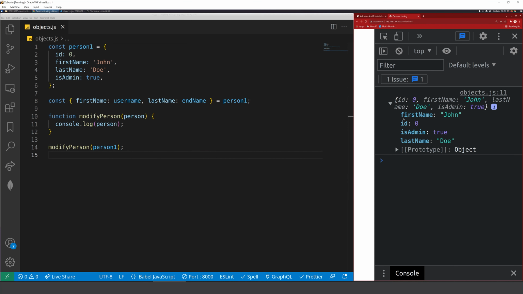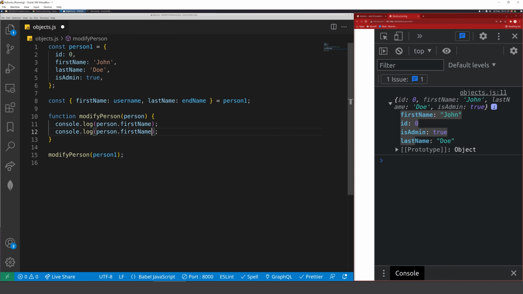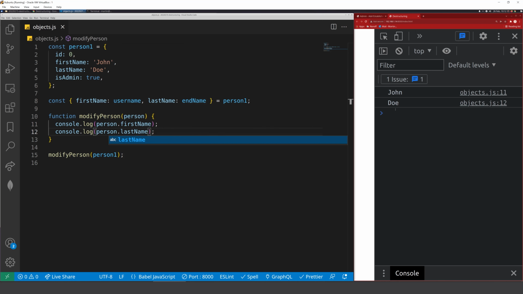And then you're going to see that when we pass in person one as an argument, this is now the parameter, and when we console log that parameter, we can see that we're getting these values out of here. Now, let's say we wanted to console log person.firstName and person.lastName, and save it. Now we've got John and Doe. Now we're back to when we very first started, where we had this longer way of doing things. We can actually destructure right here